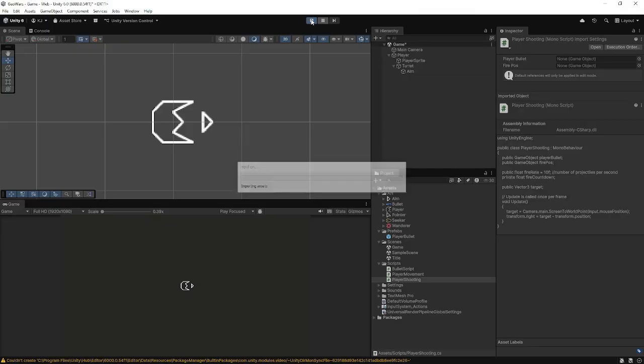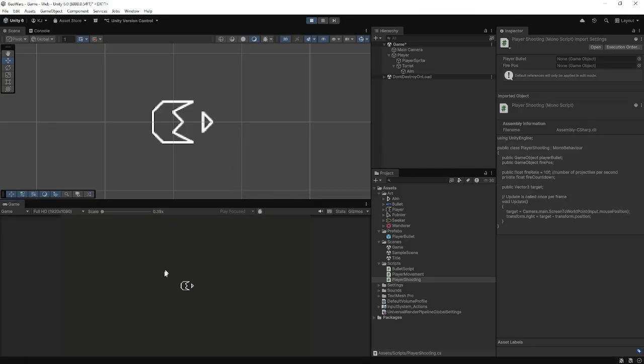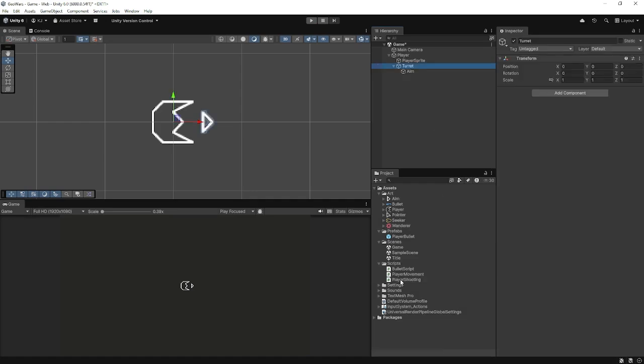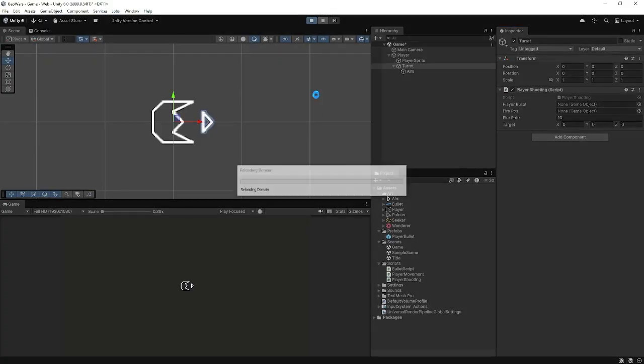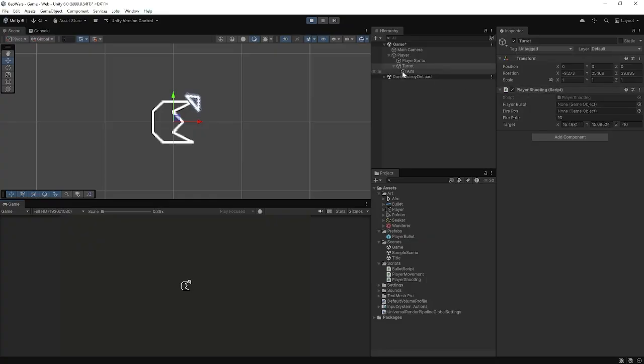So now when I go to play this, and I put my mouse down here, oh, you know what? It would be super helpful if I actually assigned that script there. So I don't need the bullet or the fire position yet because we're still working. So the player shooting goes on the turret. And now when I move my mouse around, well,